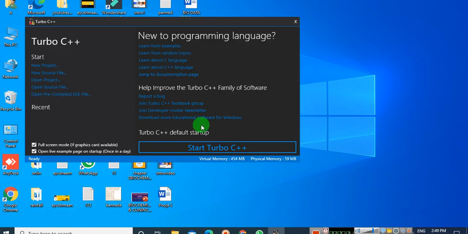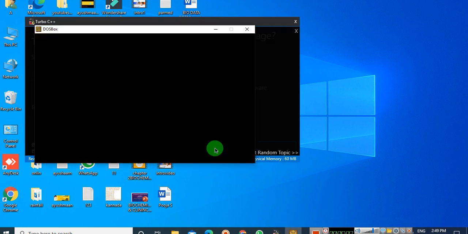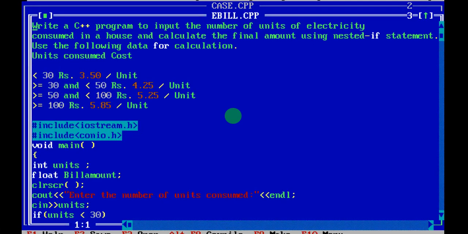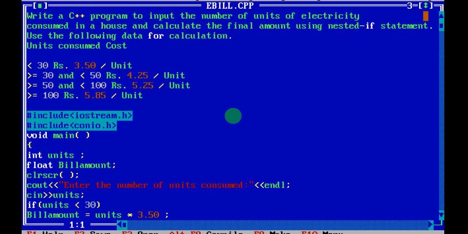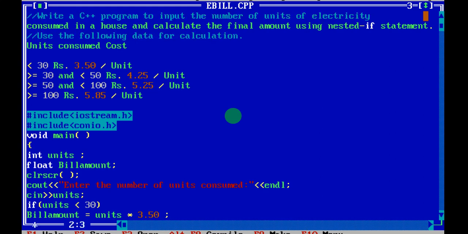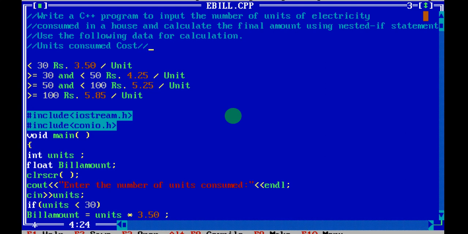I will double click on Turbo C++, click on Start Turbo C++. Here is the program. So here you can see the program. I'll make this part a comment, and even these lines also a comment.